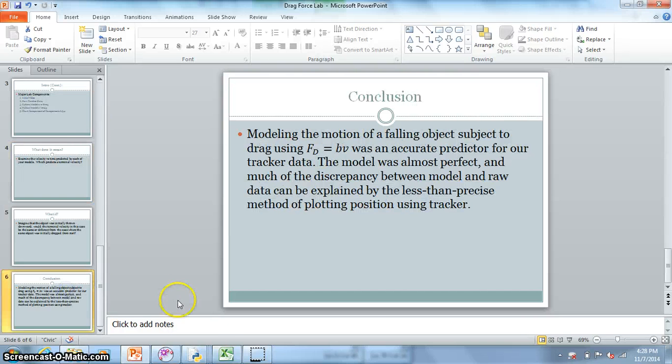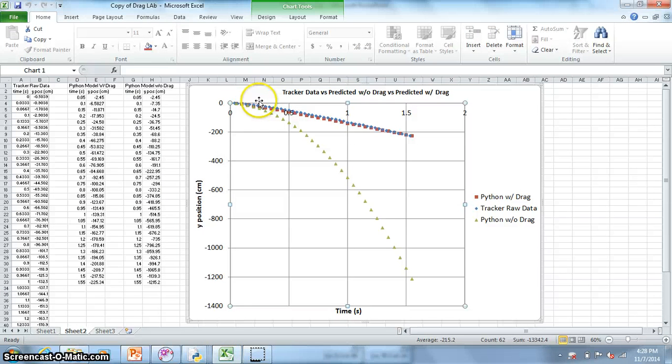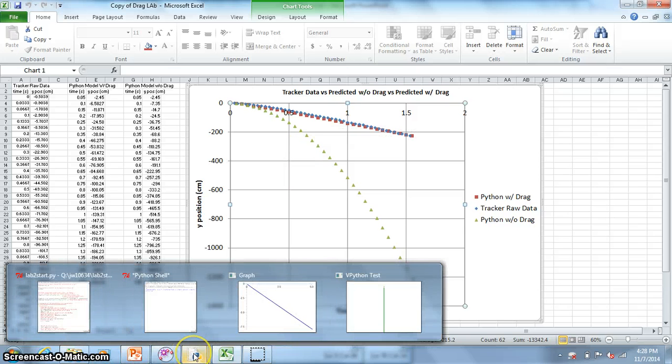So in conclusion, if you look at our comparison chart, the Python with drag was an excellent predictor of the motion of the coffee filters. As a matter of fact, a lot of this discrepancy is actually a result of how you record position in tracker. The coffee filters become kind of hard to see as you go on, so this is in actuality a lot closer than it even appears here. So it is definitely an accurate model for the drop of coffee filters, and